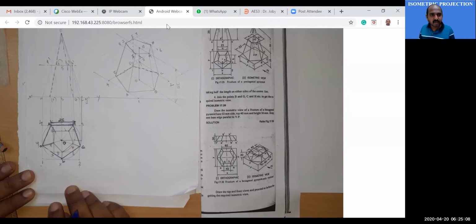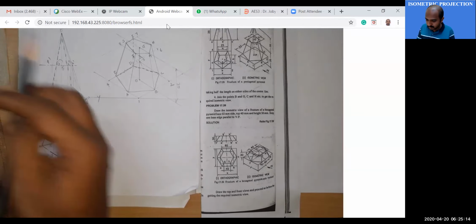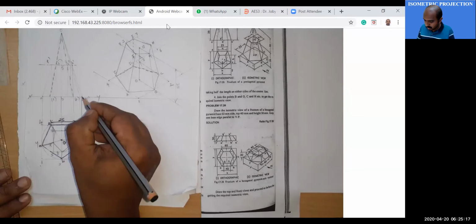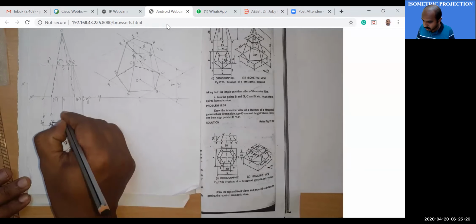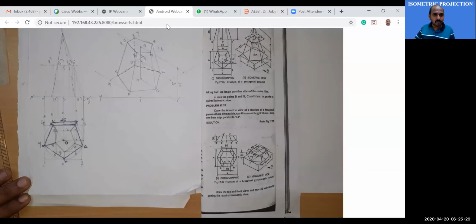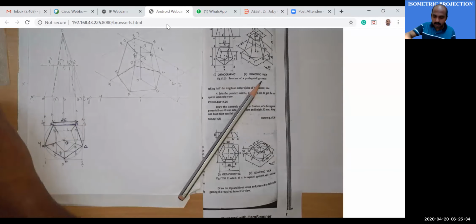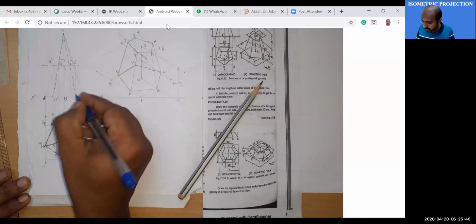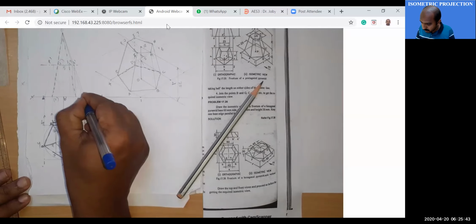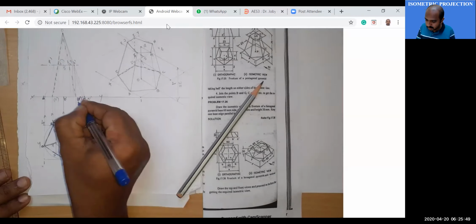Now we can draw the front view of the pentagon. So you project from each point. Project from here, here also, then here, then there, then this one also. So which are these points? This is your A dash, this is your B dash, this is your C dash, and D dash is hidden, E dash is hidden.